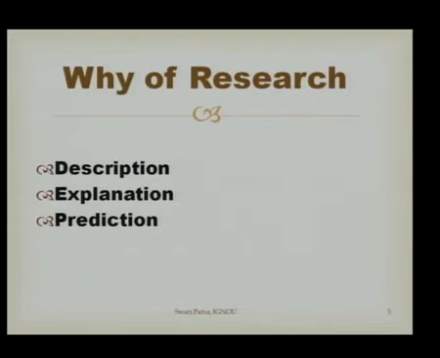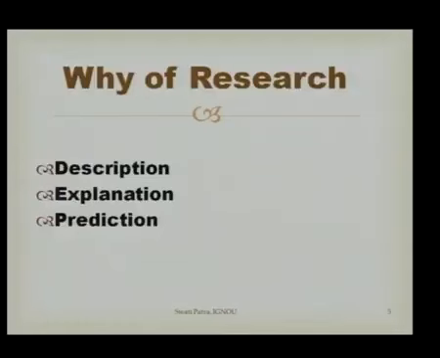Similarly, for example, we can find out the level of self-concept among preschool children. Okay. So this gives you the existing status of a particular phenomenon or a variable in the particular sample population. Okay. The next is explanation. Okay. Why do we conduct research? One was to describe the things, to give the status of the things at the field level. And the second is to explain some concepts or certain variables or the phenomenon, why it happens in this way. And the third is prediction.